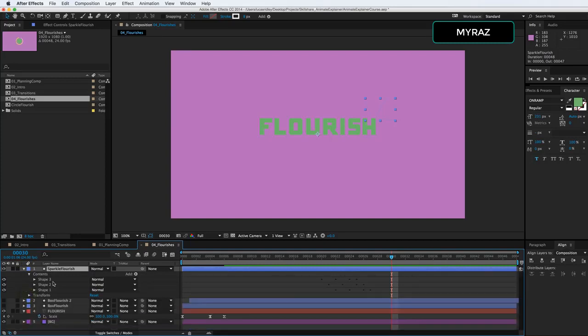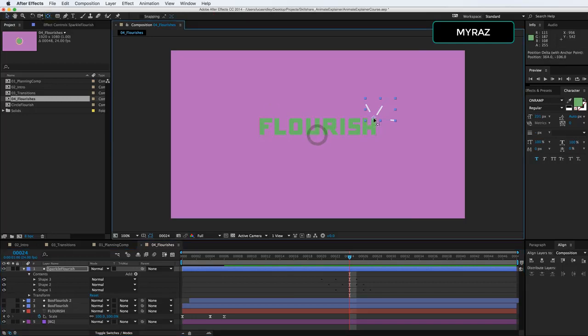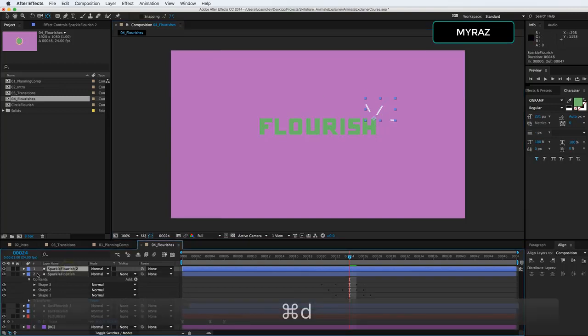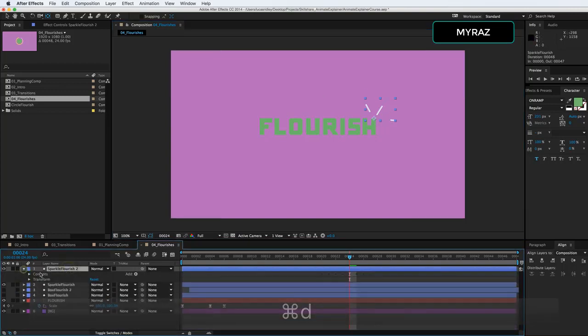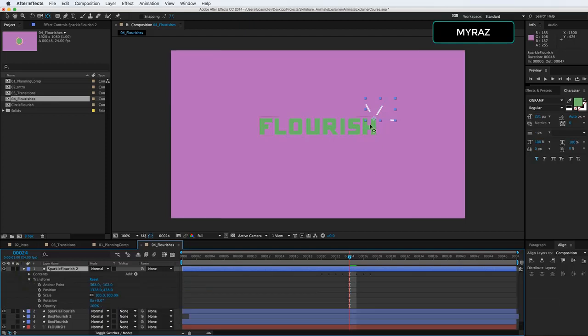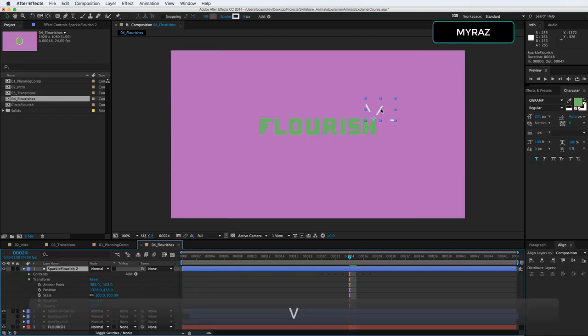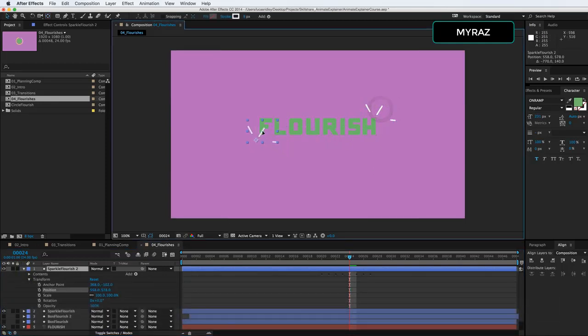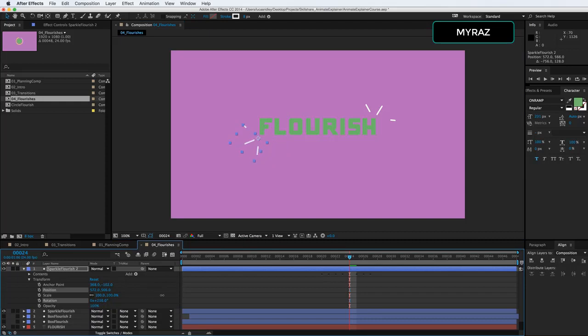Another thing to note is we might want to move the anchor point of this. If we were to animate it, we'd want it closer to the center point of that. So we can click the pan behind tool and get it over there. That way, for example, let's duplicate this and put it on the other side as well. And if we're going to do that, we're going to want to rotate it, because if we move it over here, say we want it on the bottom left corner, that doesn't really work. And now that we move the anchor point around, it's easy to just use the rotate, and now it rotates